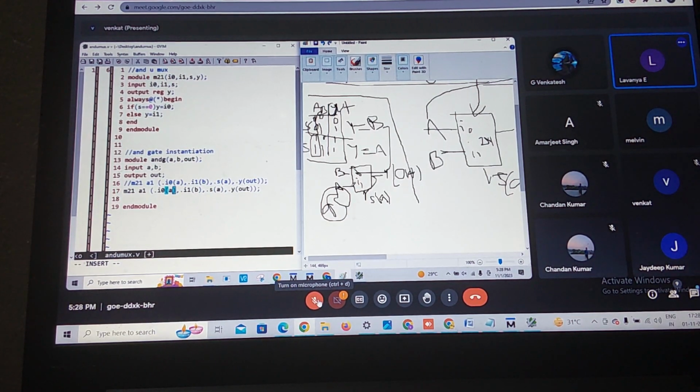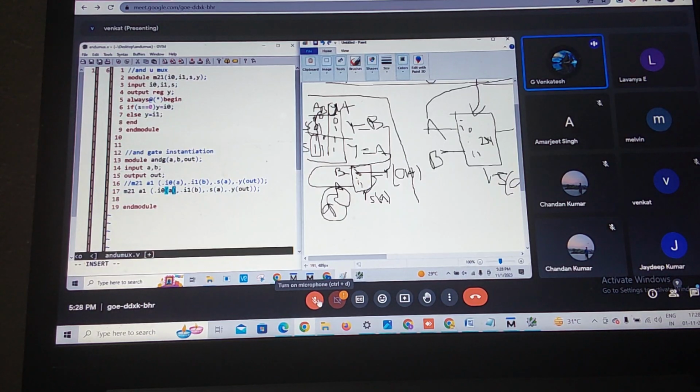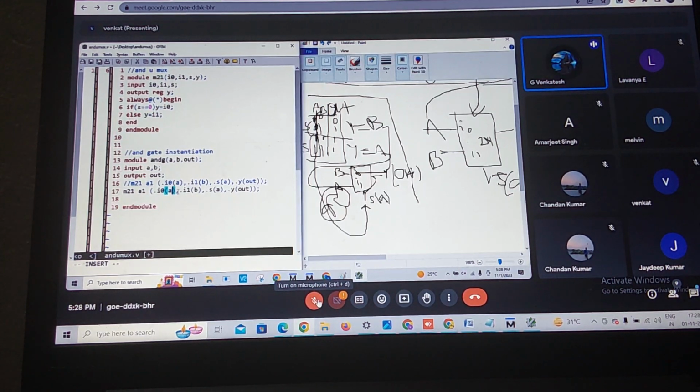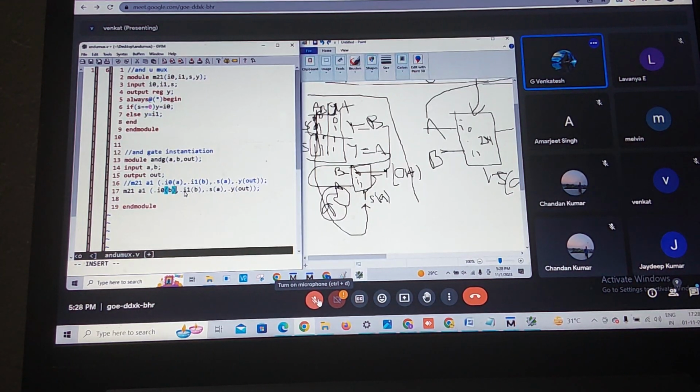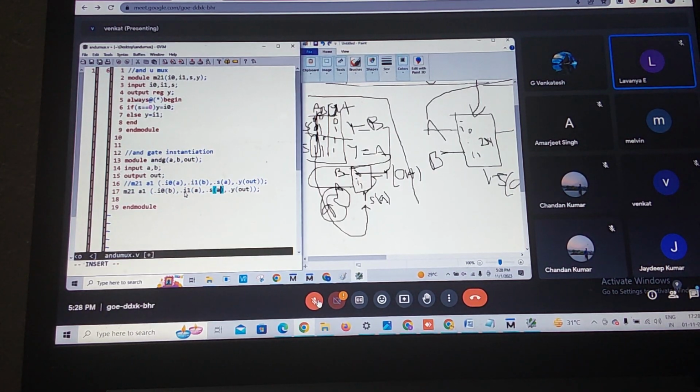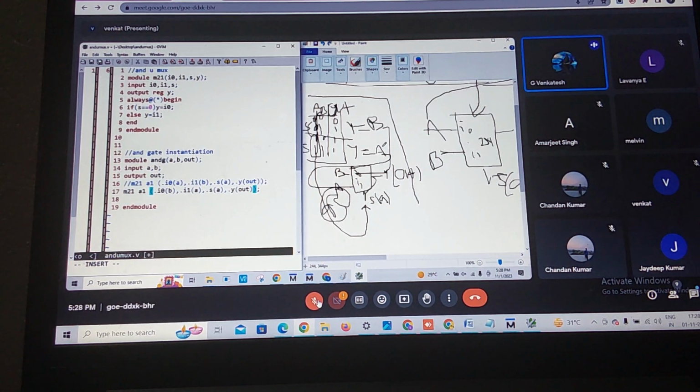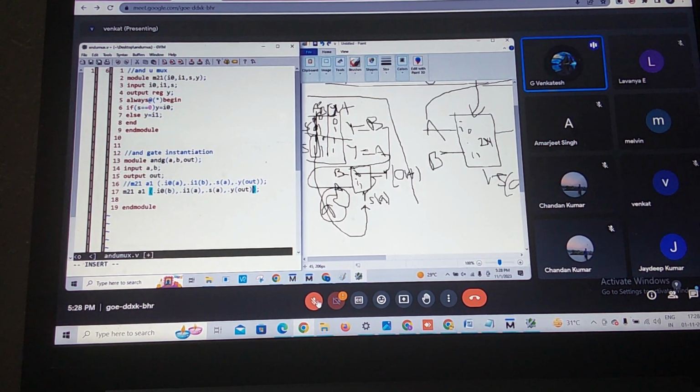B. I1. Selection means, yes sir, this combination. Tell me, explain this one only. I0 connected to I1, A, A. Why is it connected to output only? This is my OR gate output now. A, B are inputs, and this is the output.